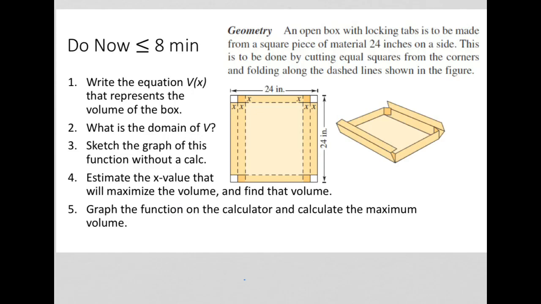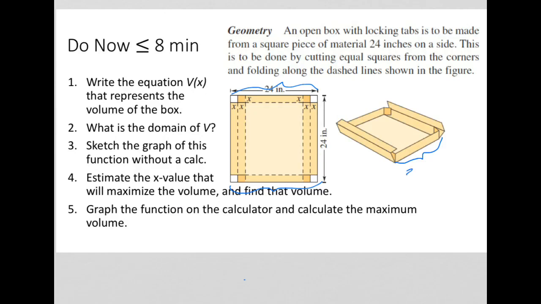So, first thing we want to do is write an equation that represents the volume of this box. And to do that, we have to recognize we're talking about length times width times height. So let's see if we can come up with an expression for the length and the width and the height of this box. So if you think of that side of the box right there, that is going to correspond to this bottom side right there, or equivalently that top side right there,